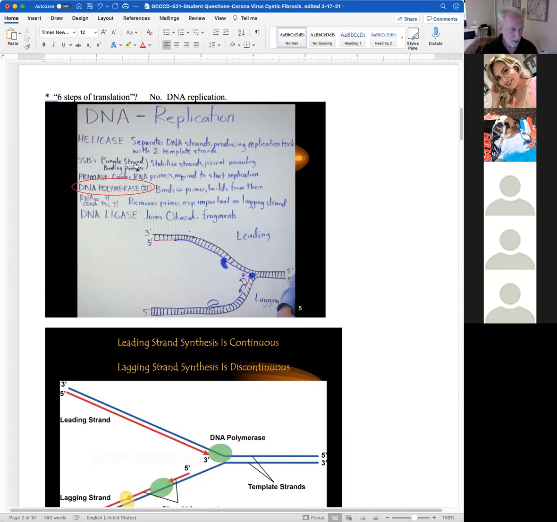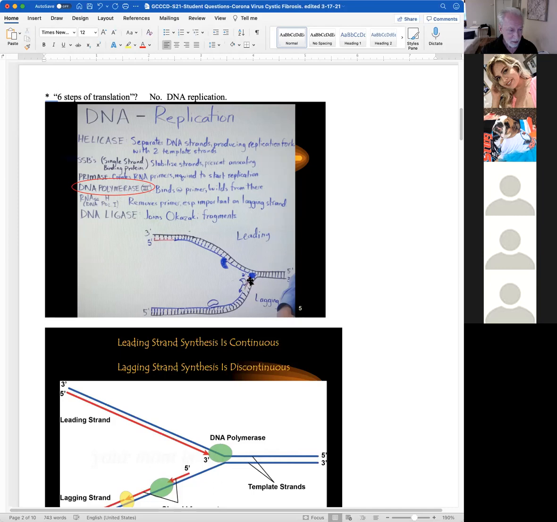Then to keep them separated, there are the SSBs, single-stranded binding proteins, which bind to the DNA temporarily, just long enough to keep it separated until the synthesis is done. And there's an enzyme called primase, which makes a primer. And in this picture, the primer is this little red segment right here. It's a very short piece of RNA, not DNA, short piece of RNA,